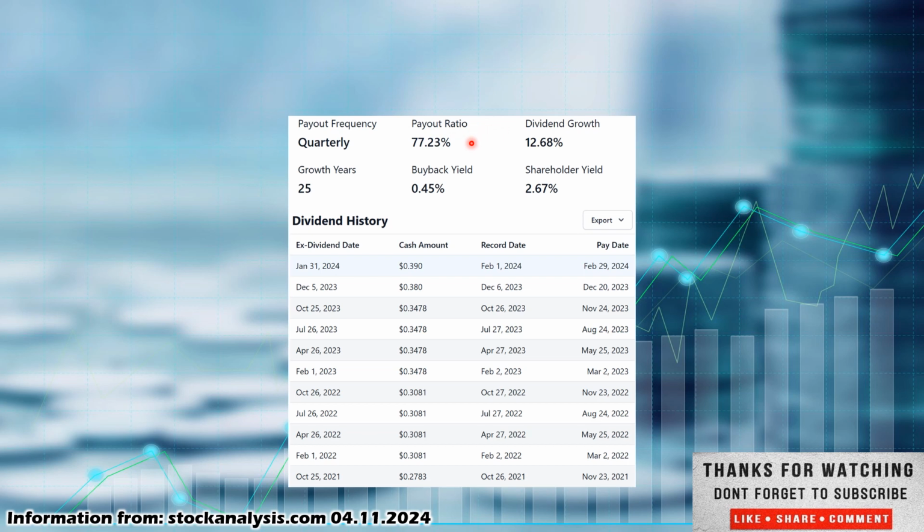So it does give them a little bit of room to increase the dividend, and they are increasing the dividend significantly, 12.68% dividend growth on this one with 25 years of growth. Buyback yield 0.45%, shareholder yield 2.67%. Going back to October 2021, they were paying 27 cents and some fractions of a penny, not quite 28 cents. They raised it up February 2022 to 30 cents,